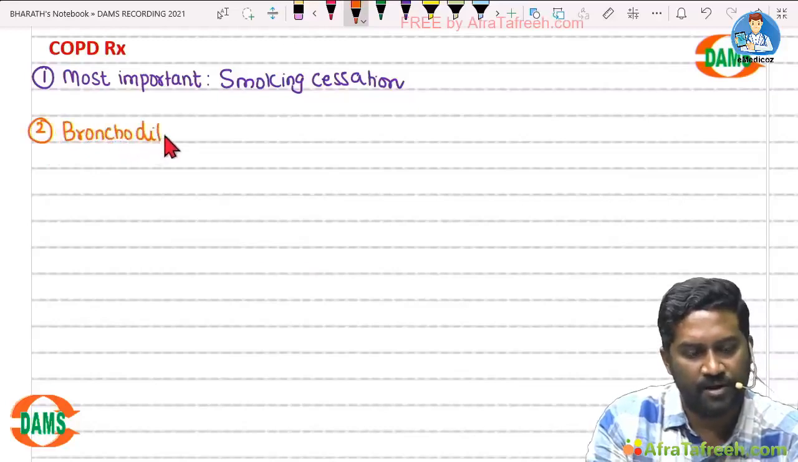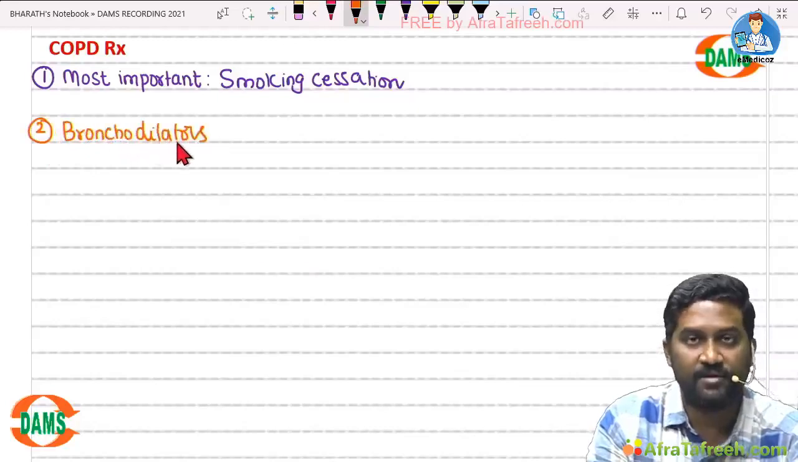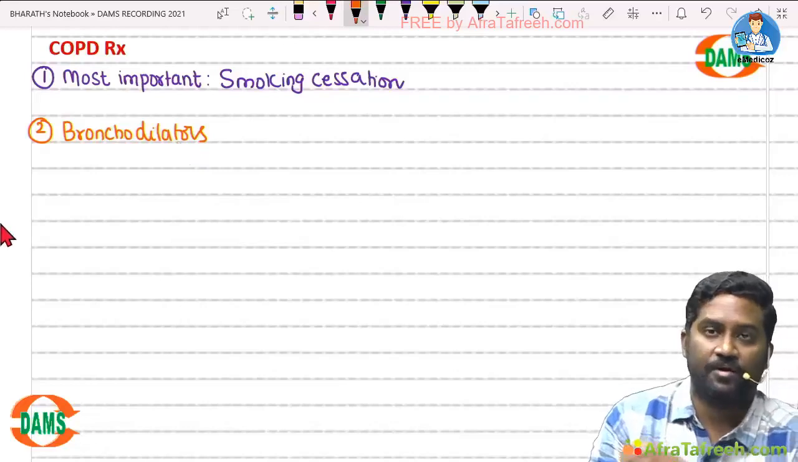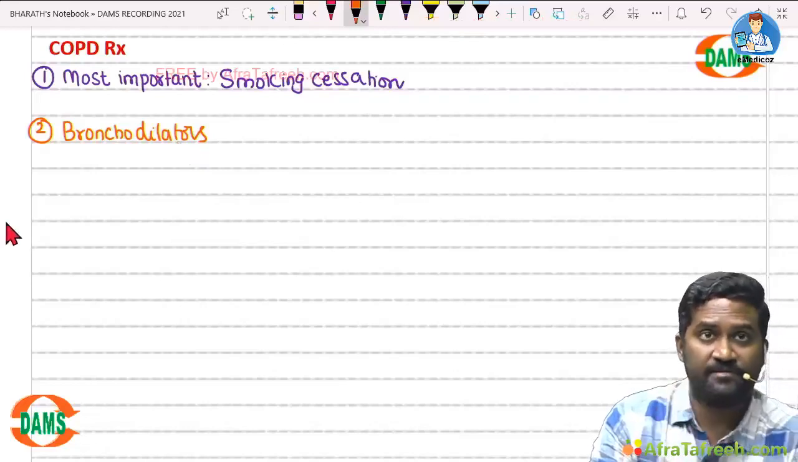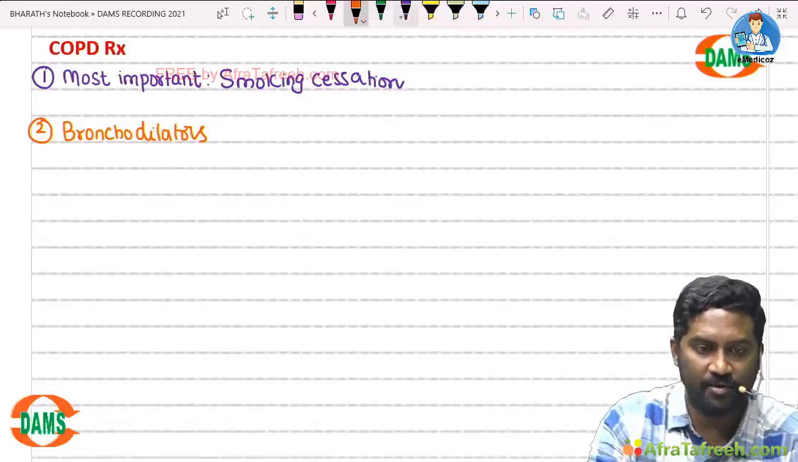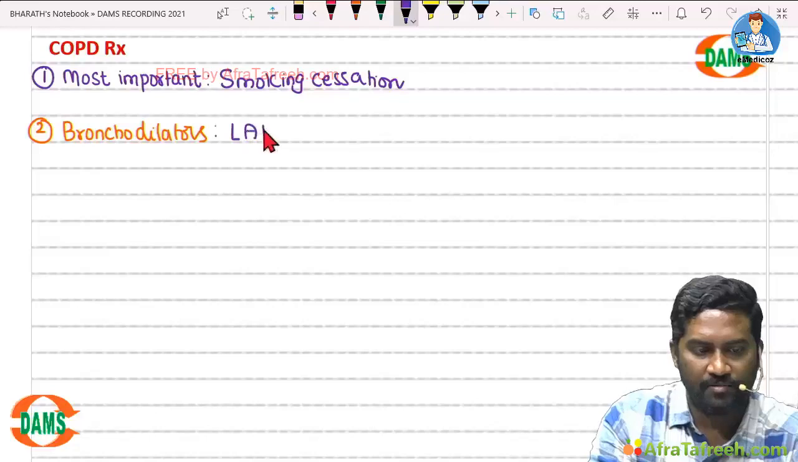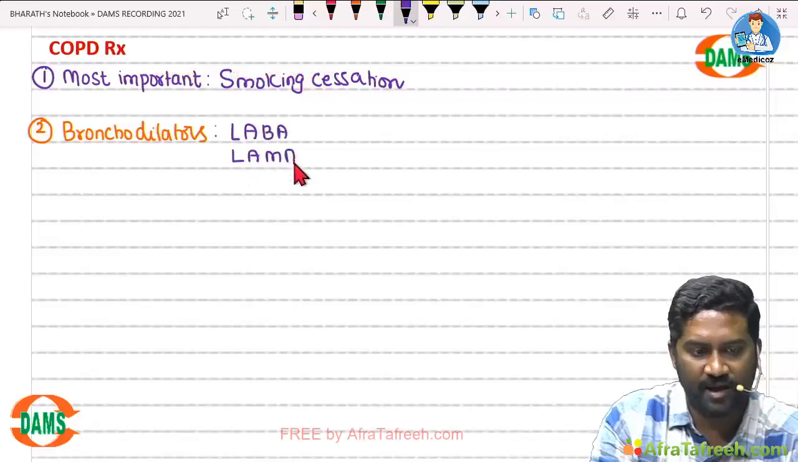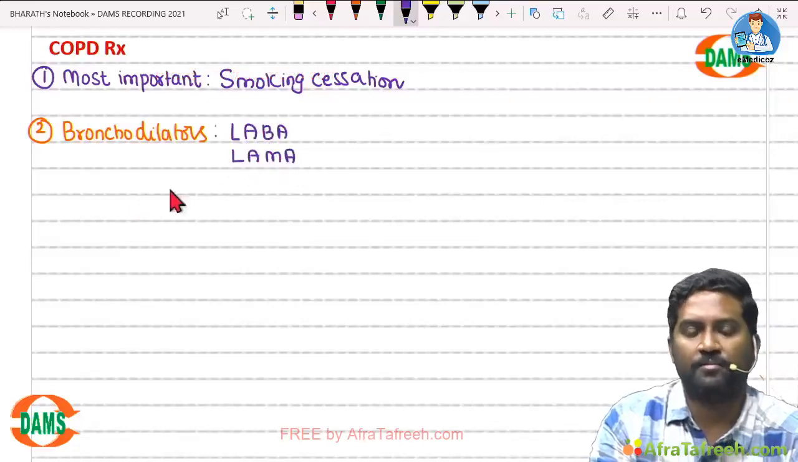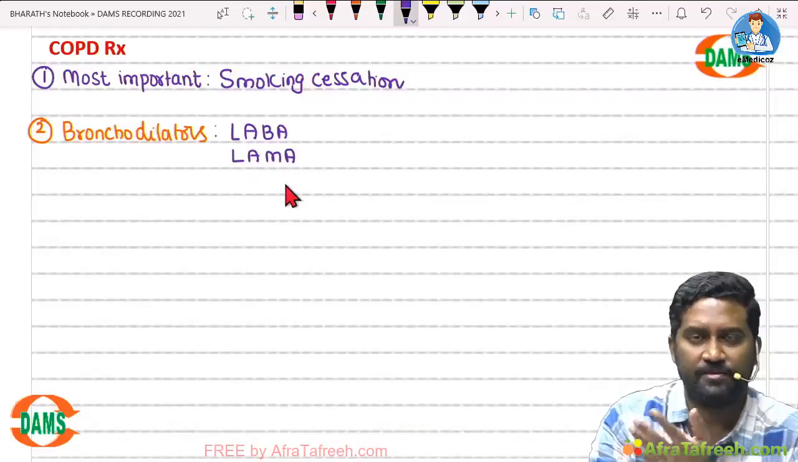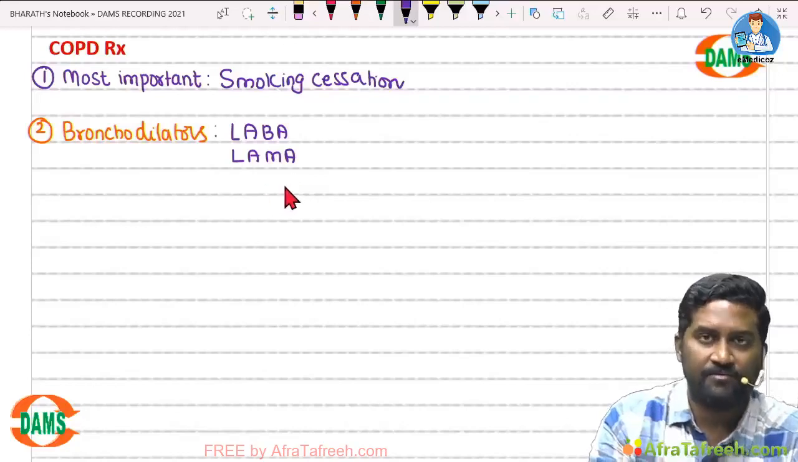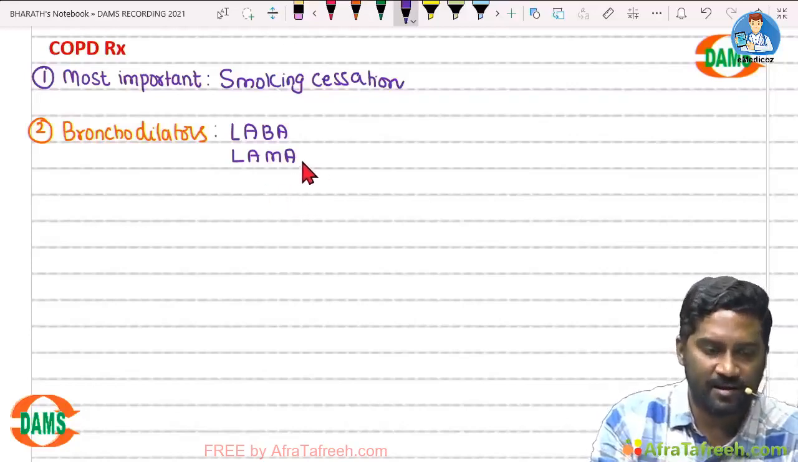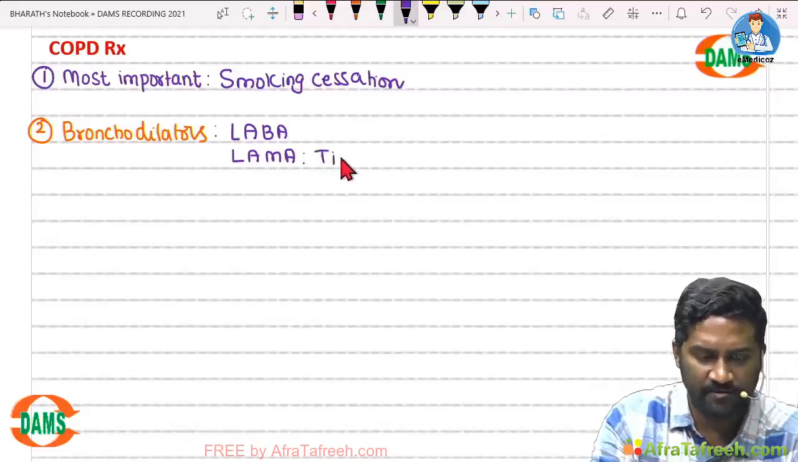Now which bronchodilators will be more helpful here? Is it short acting or long acting? Generally it is a persistent disease, so long acting bronchodilators will be helpful. We have long acting beta 2 agonist and long acting muscarinic antagonist. Long acting beta 2 agonists, you know, salmeterol, formoterol. Long acting muscarinic antagonists, there is tiotropium,